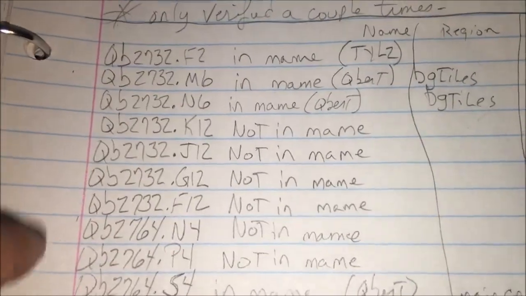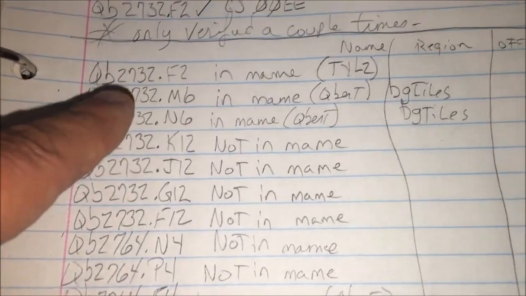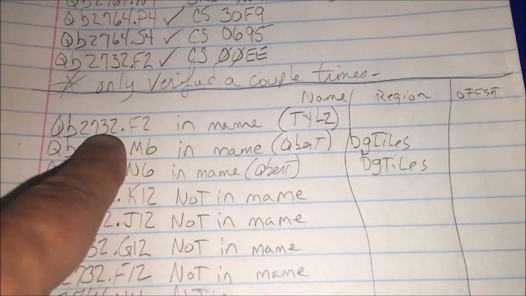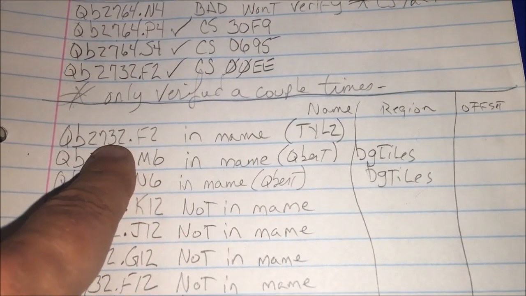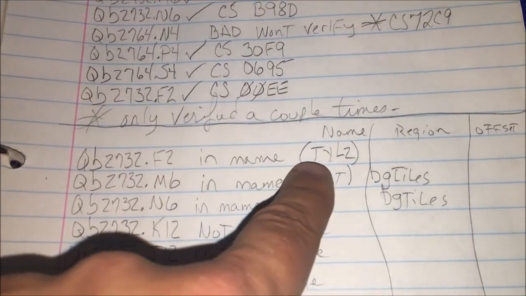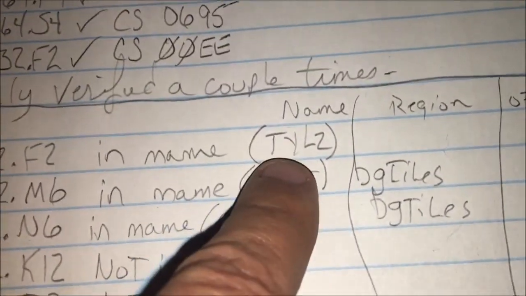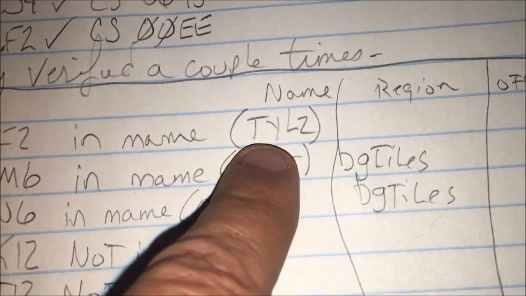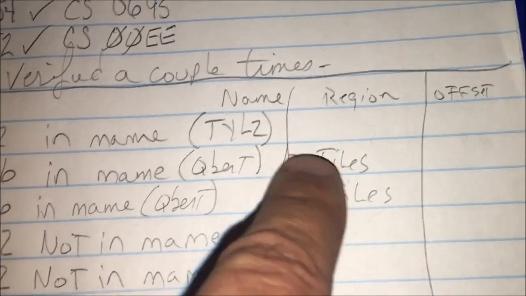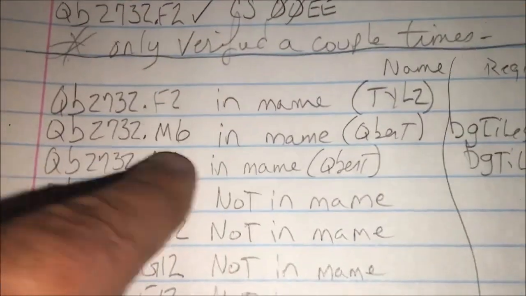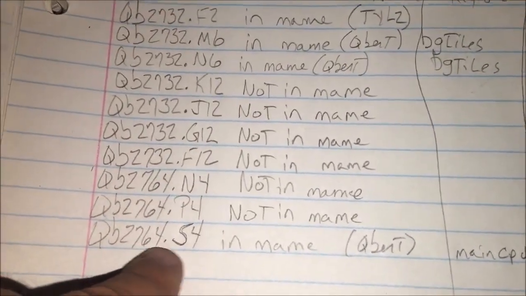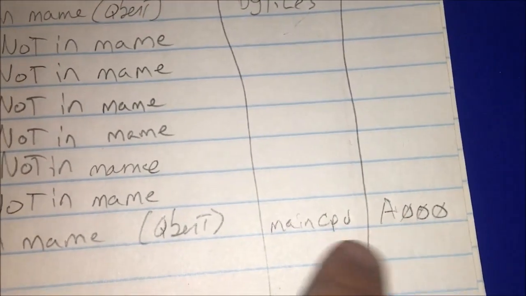And then I looked them up in ROM ident, and some of them are in MAME. This is actually the sound ROM, and it uses a 2732, and the name of the game that it's from is Tiles in MAME, which is weird. And then I got a couple, these are region as big tiles, I take it. Those were in MAME. And then the only one of the 2764s in MAME was a main CPU